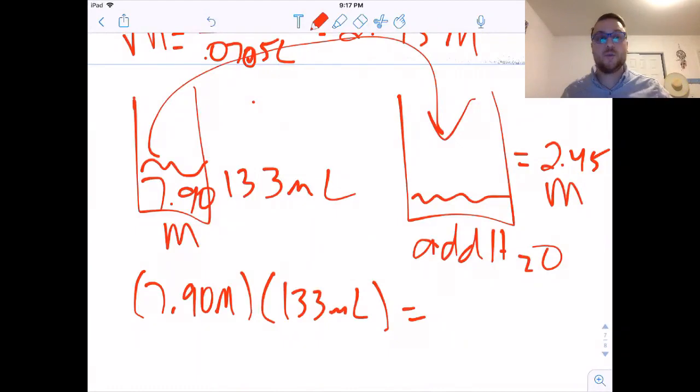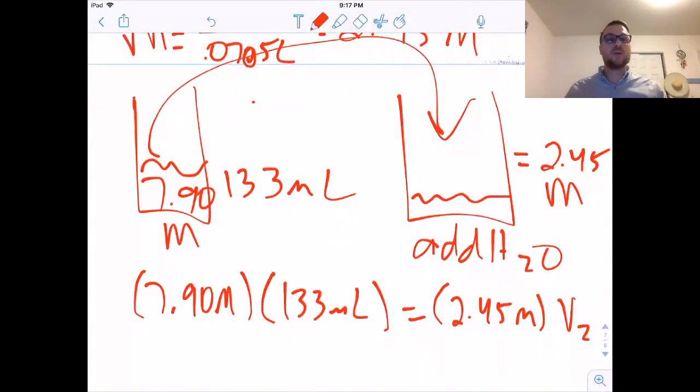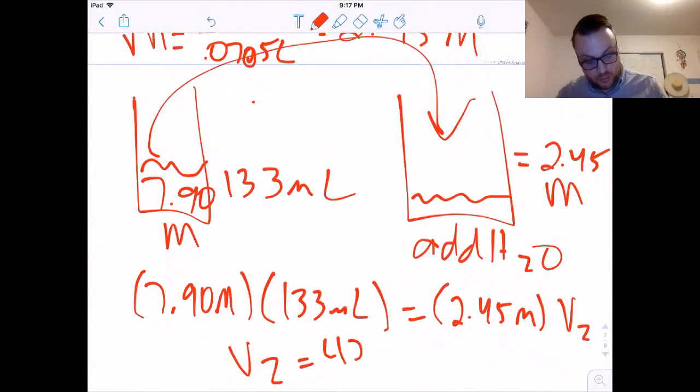What volume do I need to dilute it to get there? You divide both sides by 2.45. 7.9 times 133 divided by 2.45, and you get a V2 of about 429 milliliters. So, what does that mean? This is your final answer, because all I was looking for was